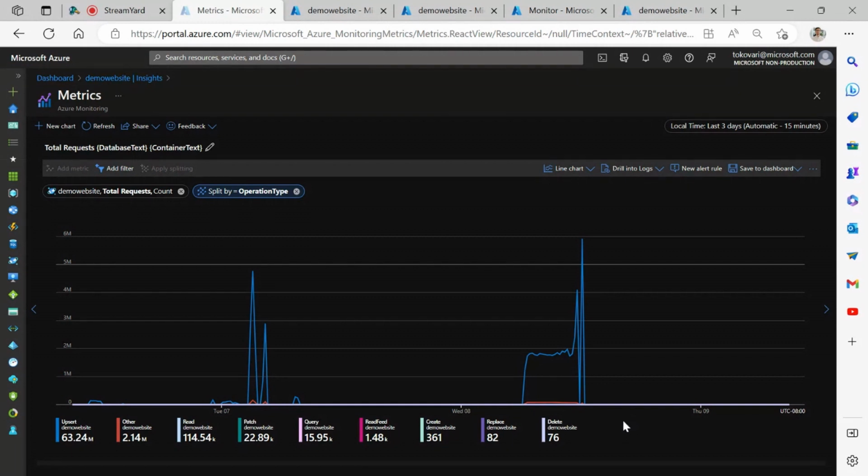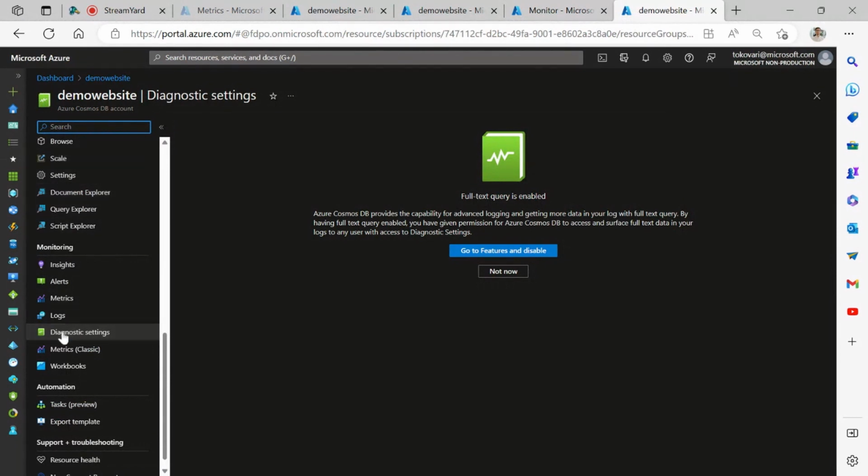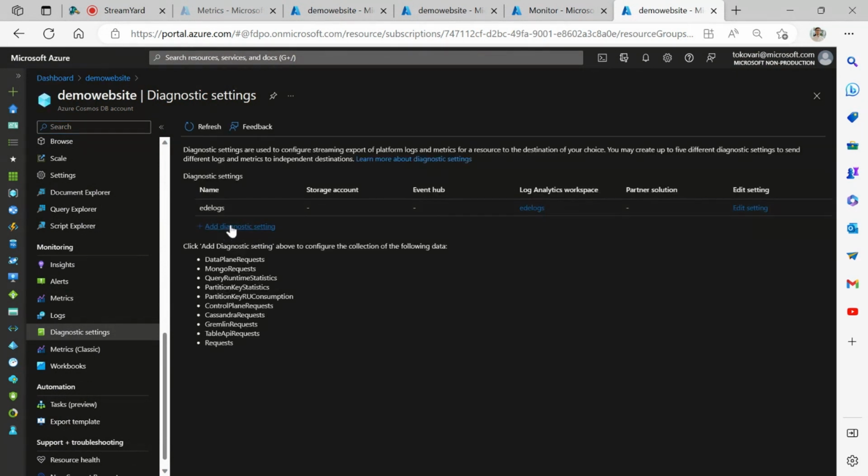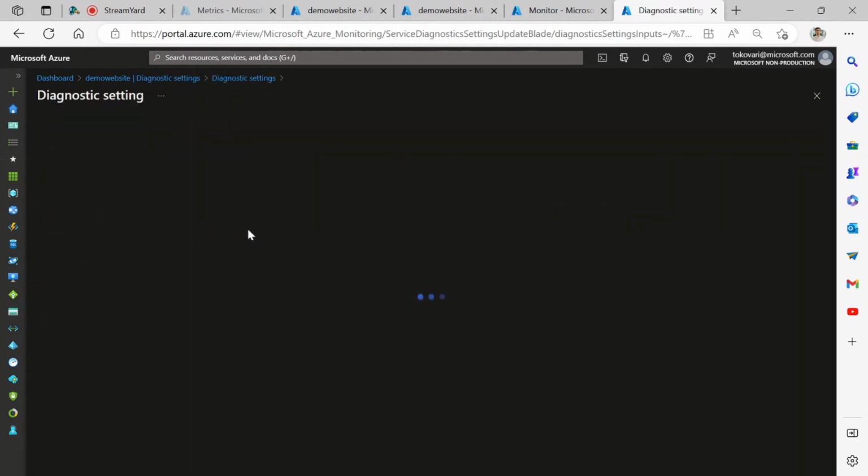and if I'm trying to investigate a single request, what I need to do is enable logging. The way to do that is by navigating to diagnostic settings. I'll click on Not Now here, and I'll have to add a new diagnostic setting to start capturing those logs.